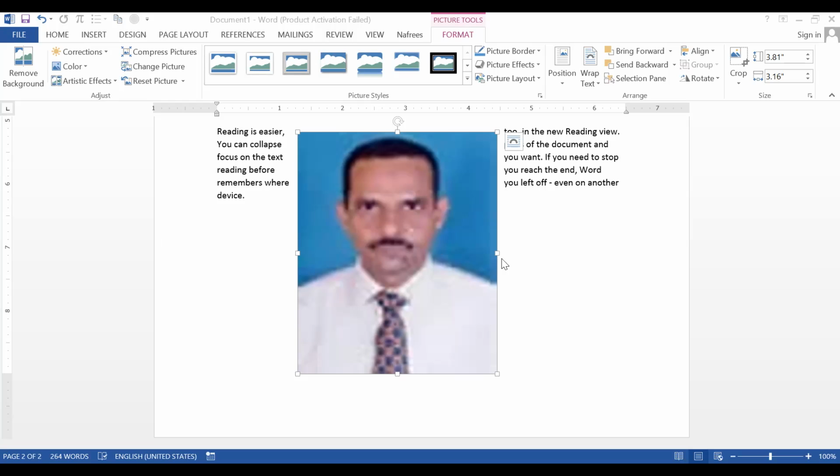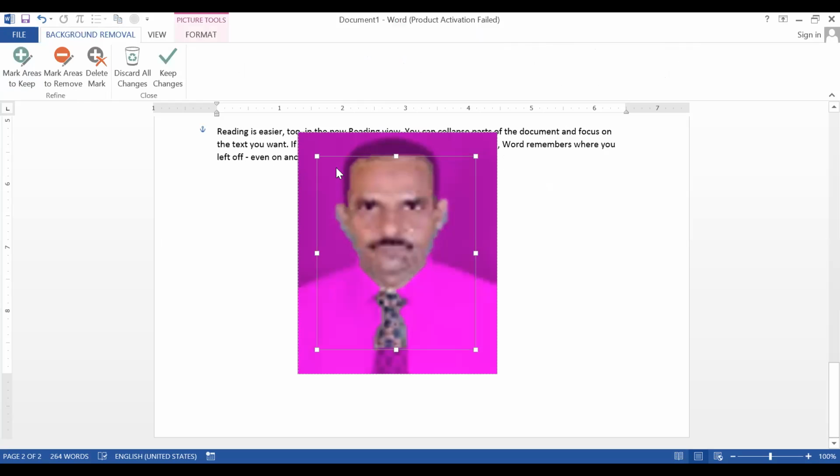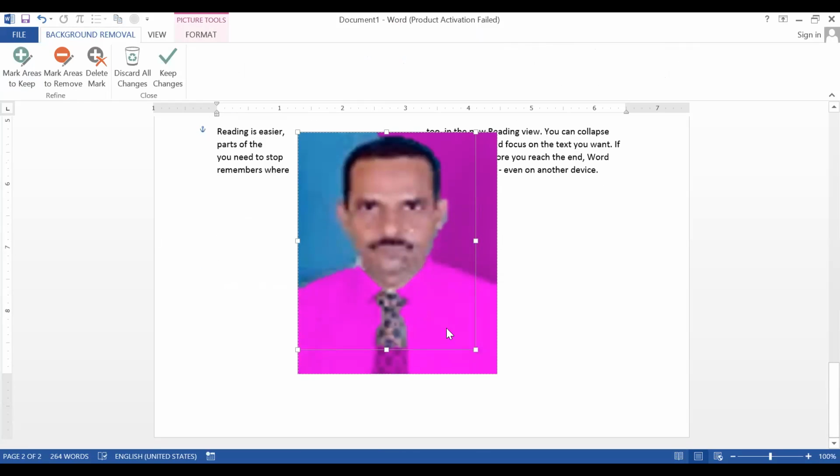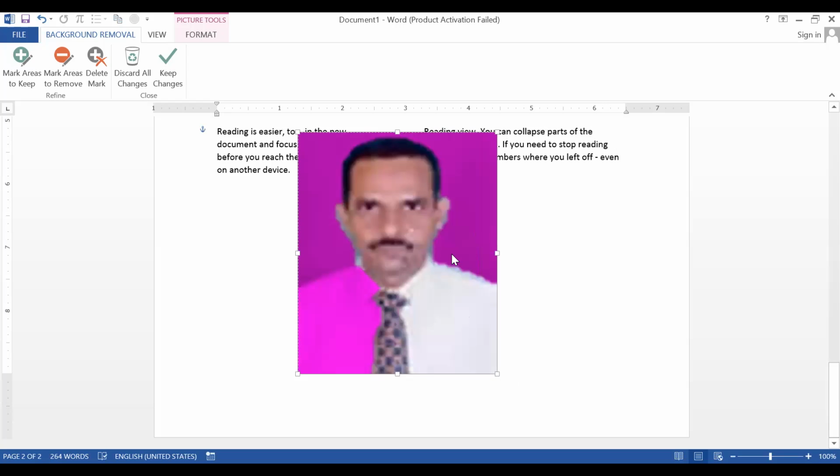First, you have to select the image or photo from which you want to remove the background. Then click the option remove background. See, it is now finding the color. So look at here, these violet related color schemes are what you're going to remove from the picture. But look at here, the white color of this man's shirt is also selected.